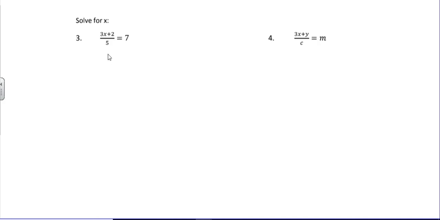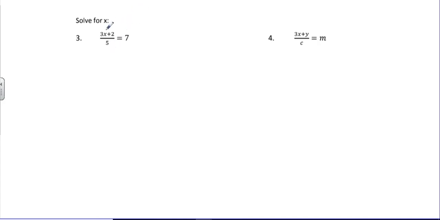Here we have a one-variable equation where we solve for x. Here we have a multivariable literal equation where we're still solving for x. So let's start with number 3. If we look at x, it is first being multiplied by 3, then adding 2 to that product, and then dividing by 5. So to solve the equation, we need to do the opposite operations and work backwards, which means that